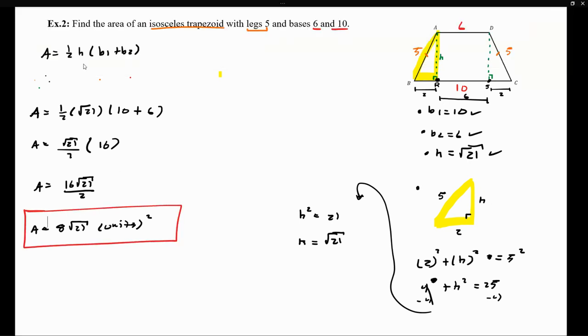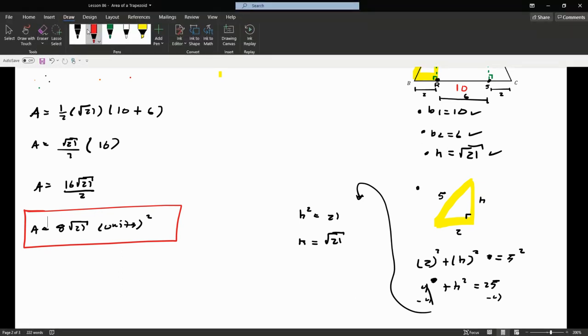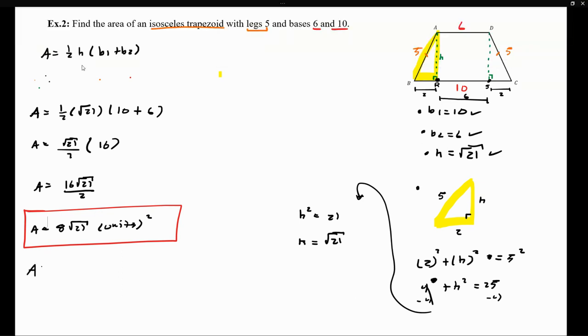So this will be the area of my trapezoid. This is just something that we can use our graphing calculator for. If you want to use your graphing calculator, you will get an approximation: if I get 8 and I multiply by the square root of 21, that's approximately 36.6 units